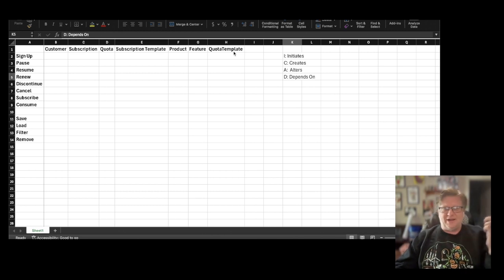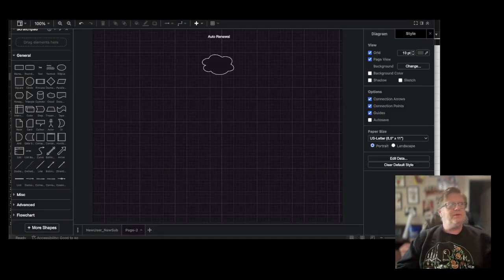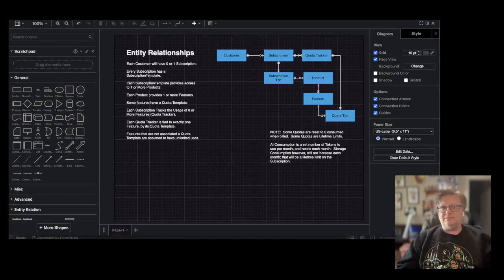And then I also need to set up another matrix that describes the relationships between these entities. Now, I do have a diagram that I built up this morning of these different entities